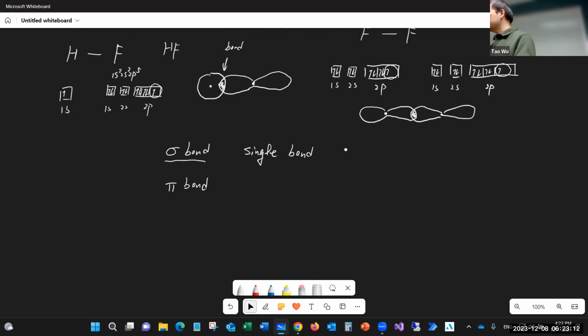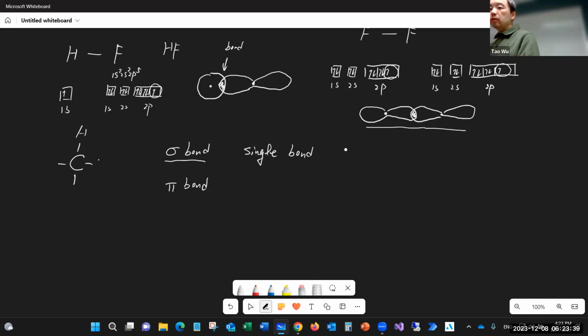And P and P. You see, this is a P orbital, and this is another P. So P and P overlap together. So this is generally what we can see. That's a sigma. And in most cases, if you see a molecule like this, you see, this guy has